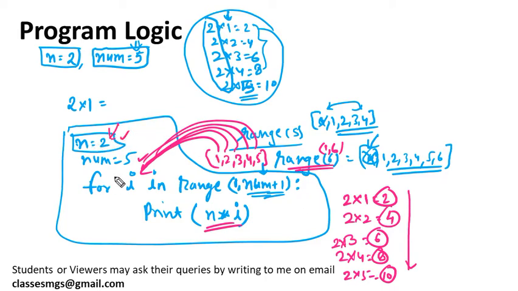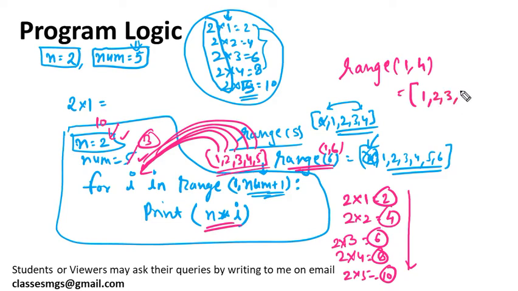So you clear this step, it should be clear to you now. Let's suppose user has entered n equals 10 here and number equals, let's say, 3 here. Then how will this loop work? The range function will be called like this, range 1 comma 3 plus 1, 4. So you want 3 multiples, so 1, 2, 3. If you pass range 1 comma 4, then it will return up to 4 minus 1. So 1, 2, 3 will be returned and n value is 10 in this case.